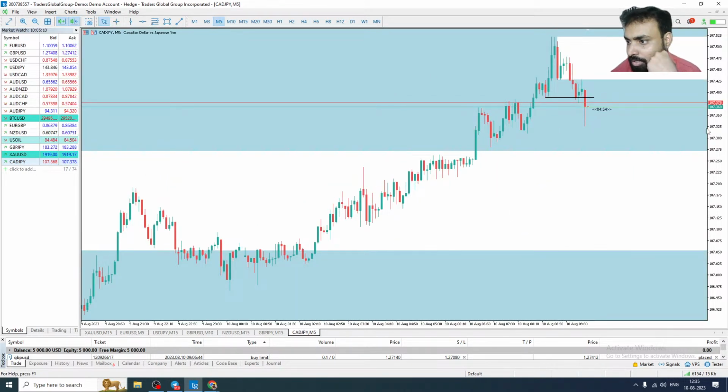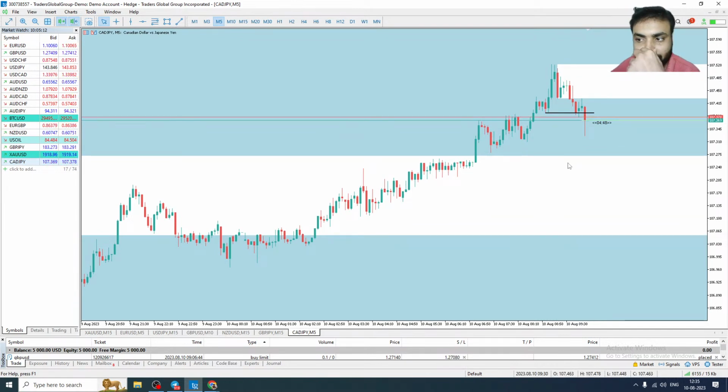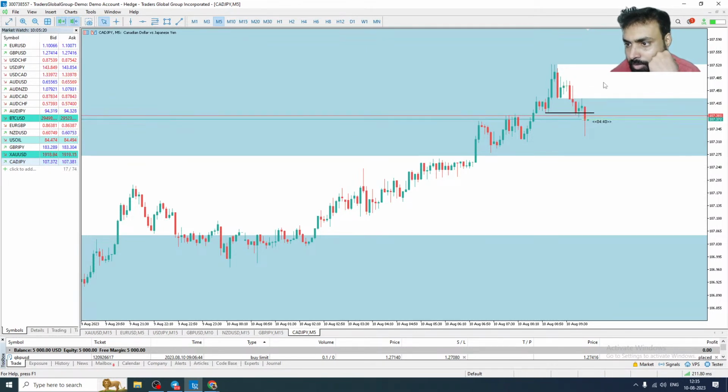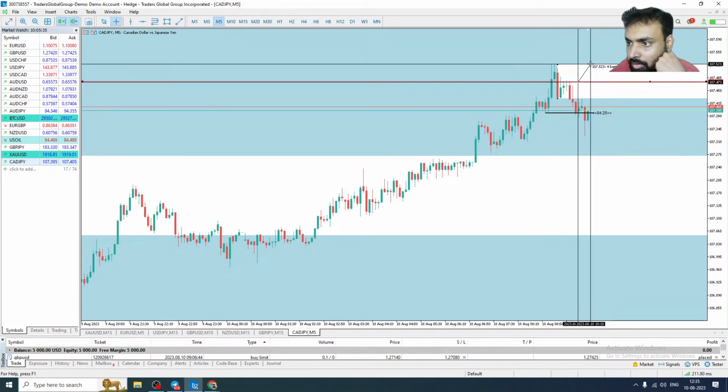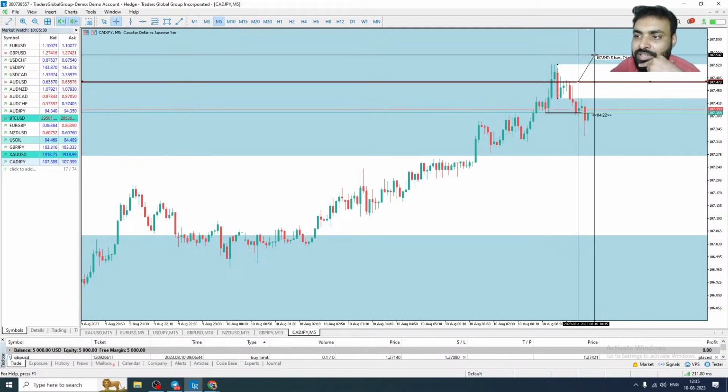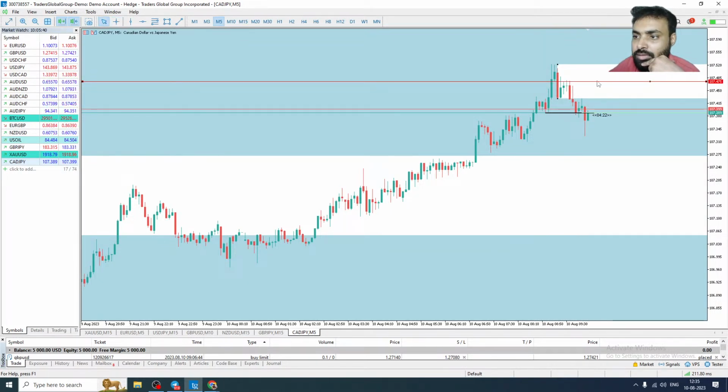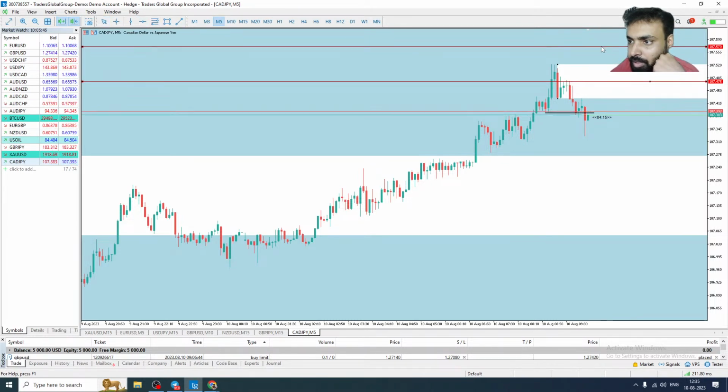Okay, breakout structure happened. Next candle is coming up. On the 5 minutes time frame, we will at least sell from the 50% of this white color zone. I'm going to put a sell entry from the 50%. What is the stop loss? 50-point stop loss. But we'll put some 60, 70-point stop loss, maybe here. Stop loss a little bit higher, because maybe here we can put stop loss. Okay.